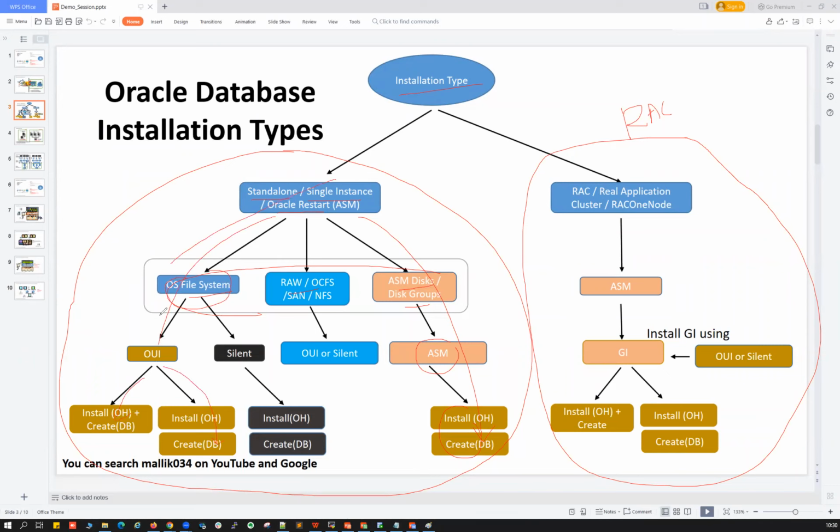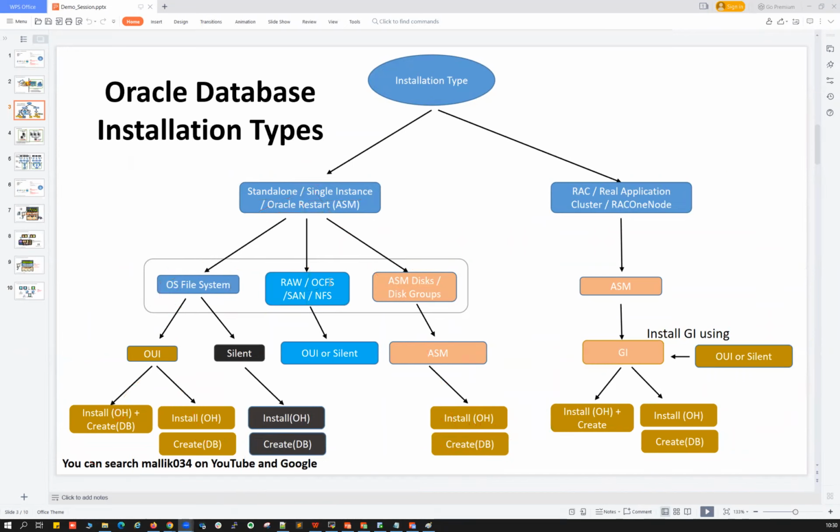So we're going to do this one installation path and we're going to do the second installation path as part of this course. And again, this is the same process with NFS. If you have NFS mount points, you're going to use NFS mount points. So all are the same process when it comes to installation. This is the total installation scope we are going to cover in this particular course.